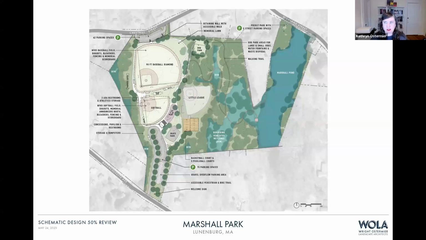Tonight, we are presenting our 50% work on the design for Marshall Park. We've been working with Meridian over the last couple weeks in adjusting and moving forward with real dimensions and real elevations using the survey information provided. So I thought we would start by walking the commission and the public through the design as it exists. And I'll be highlighting any adjustments that we've made